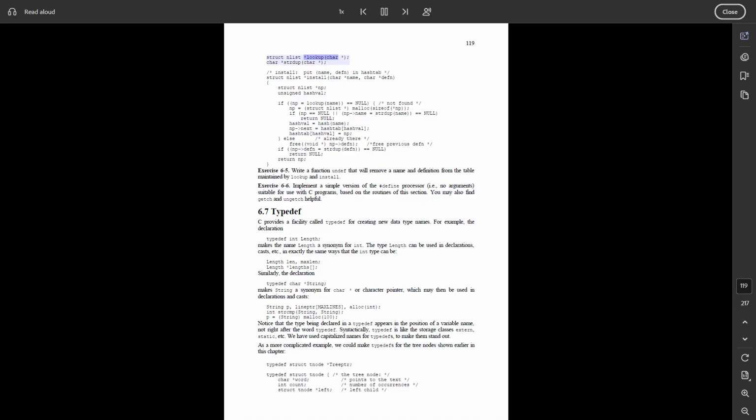struct nlist *lookup(char *); char *strdup(char *); /* install: put (name, defn) in hashtab */ struct nlist *install(char *name, char *defn) { struct nlist *np; unsigned hashval; if ((np = lookup(name)) == NULL) { /* not found */ np = (struct nlist *) malloc(sizeof(*np)); if (np == NULL || (np->name = strdup(name)) == NULL) return NULL; hashval = hash(name); np->next = hashtab[hashval]; hashtab[hashval] = np; } else /* already there */ free((void *) np->defn); /* free previous defn */ if ((np->defn = strdup(defn)) == NULL) return NULL; return np; }